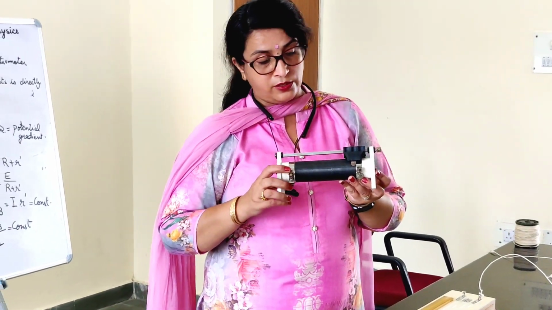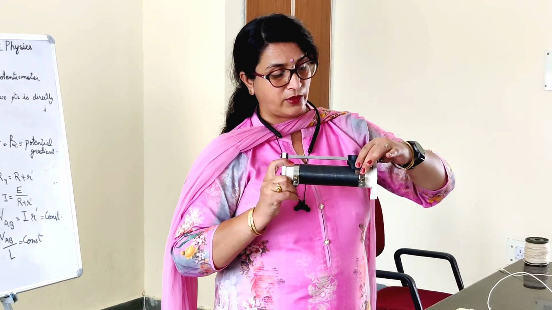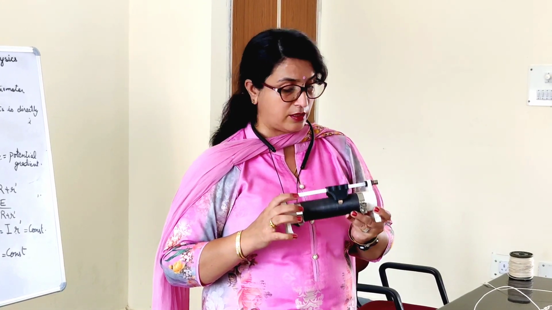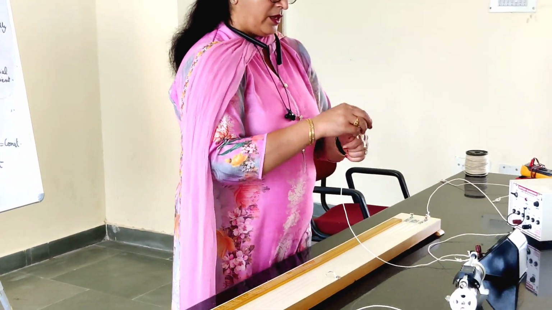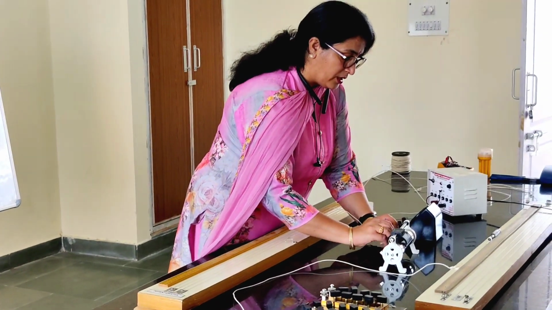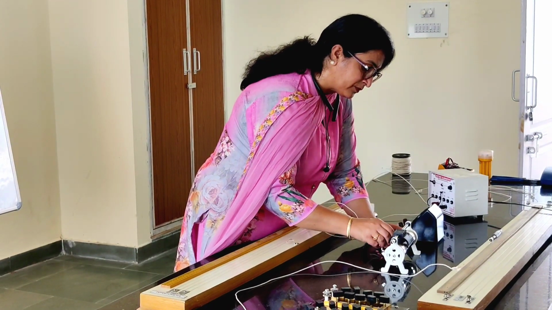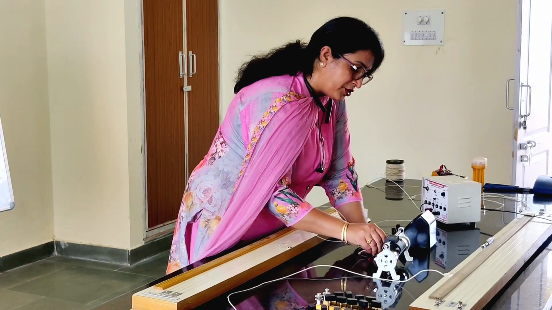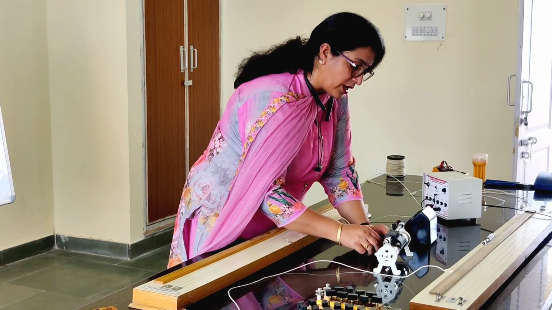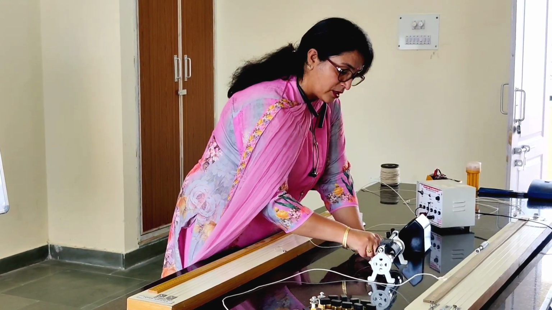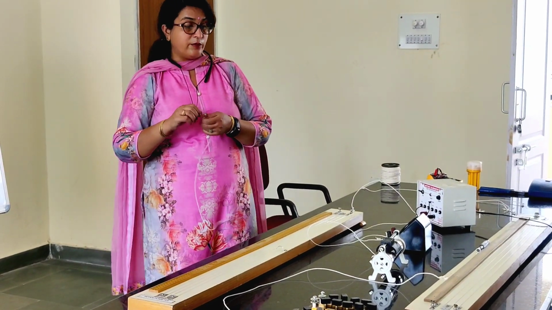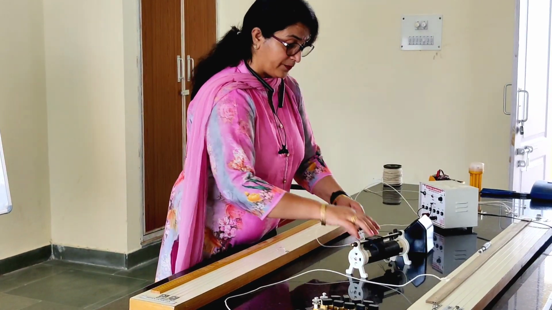variable resistance, we use these two terminals, the upper terminal which is connected across the movable knob, and one fixed terminal. So we will connect this as a variable resistor, so that in case there is a change in the ammeter reading, we can adjust the rheostat, the variable resistor, so that the current can be kept constant. So I have connected the positive of the ammeter with the lower terminal of the rheostat, then